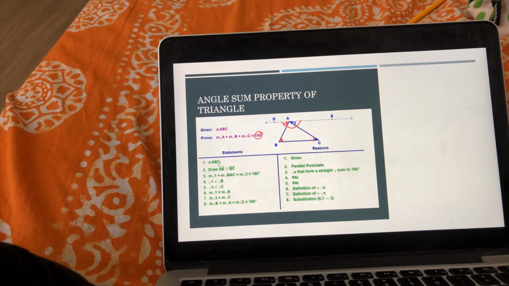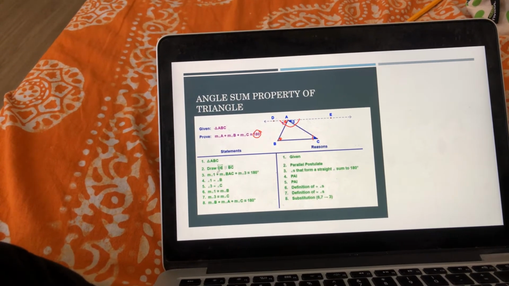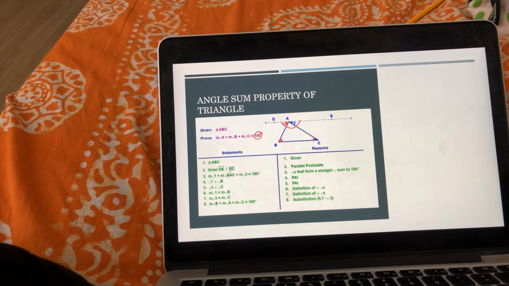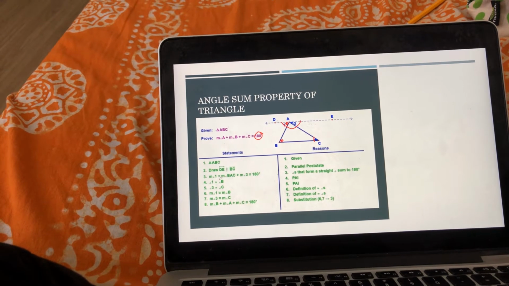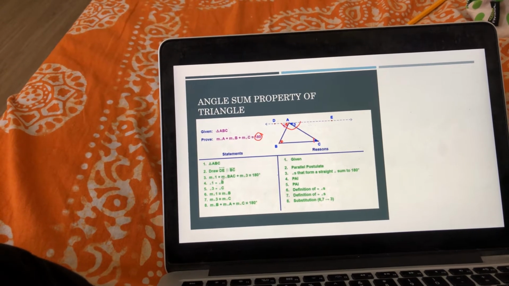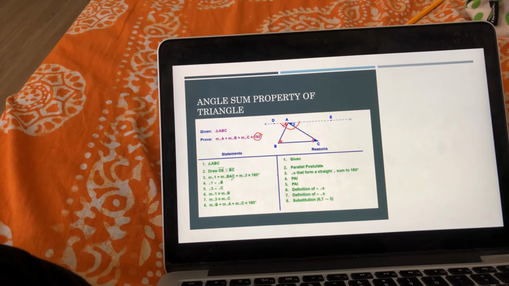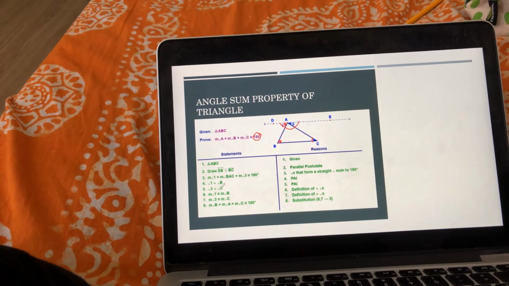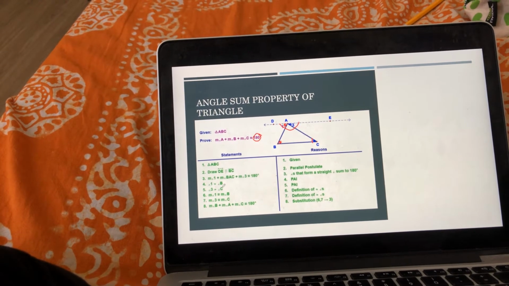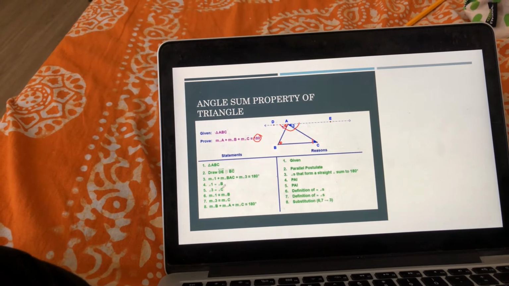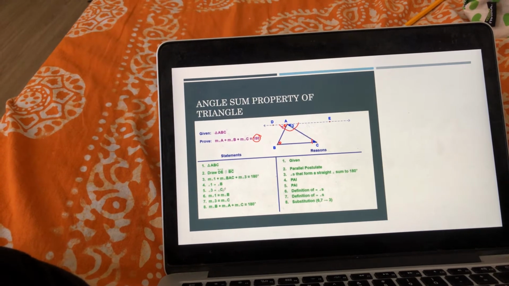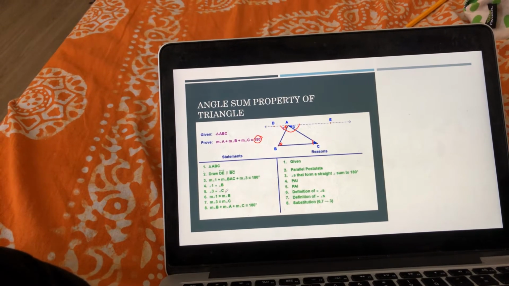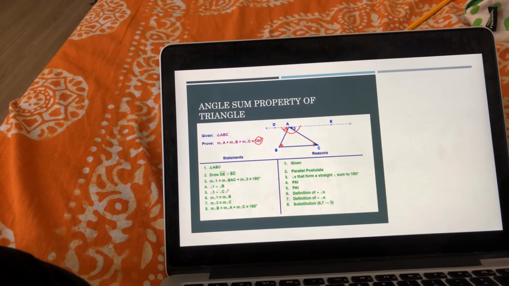So consider a triangle ABC and we have to draw a line DE parallel to BC, and then we know that DE is a straight line, so all the angles over it must be 180 degree. So angle 1, angle A and angle 3 must be 180 degree. Angle 1 is equal to angle B because AB is a transversal cutting at A and B. So angle 1 equals B because of the alternate interior property. Similarly, there is another transversal AC which makes angle 3 equal to angle C by the alternate interior property concept.